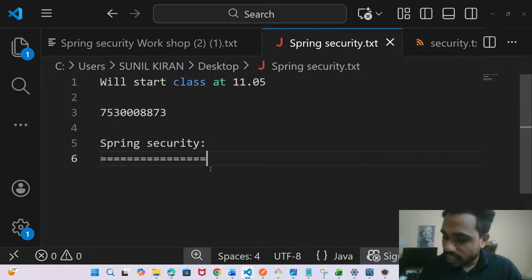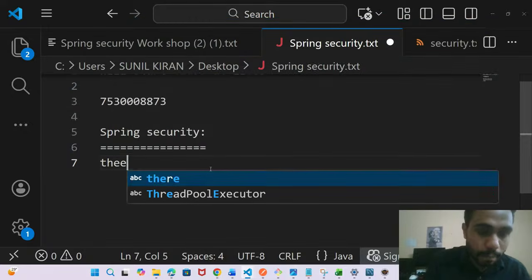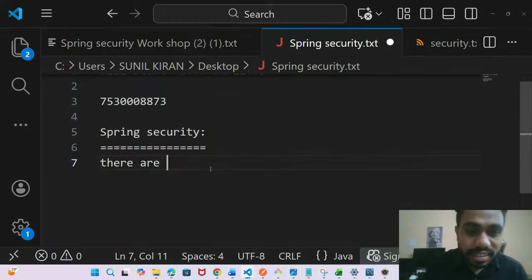Okay, guys, first of all, in Spring Security there are 6 approaches. Any idea, guys? Can you name them? The 6 approaches of Spring Security?